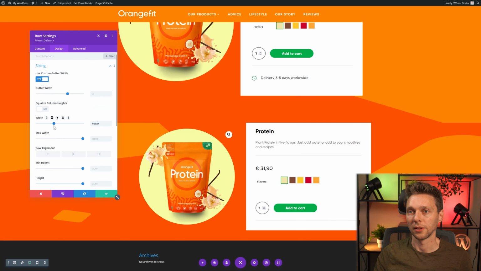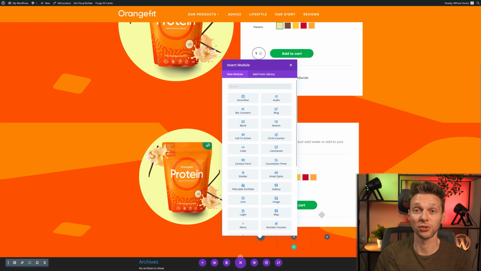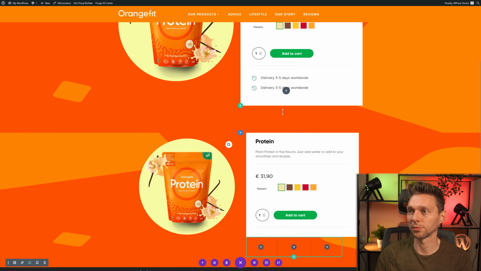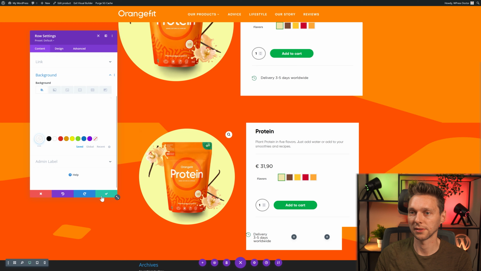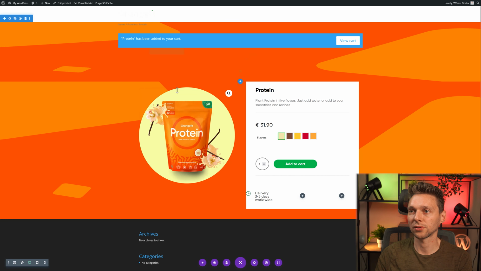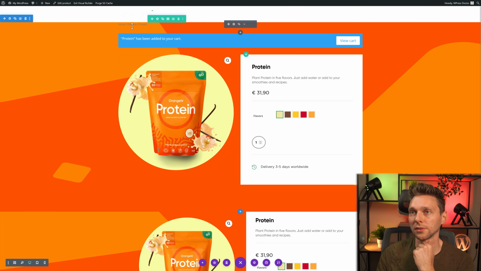Now we can create a new row over there, and then we can have 3 modules next to each other. Really useful. Just copy this module, paste it over there. And also make this background white, like this. Go to design, go to sizing, and make this also 600 pixels. Then we're going to destroy this entire thing over there. And then this row also needs to come over there.